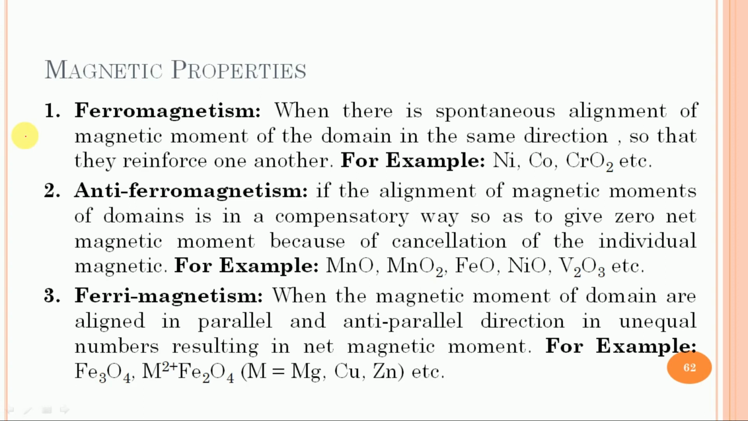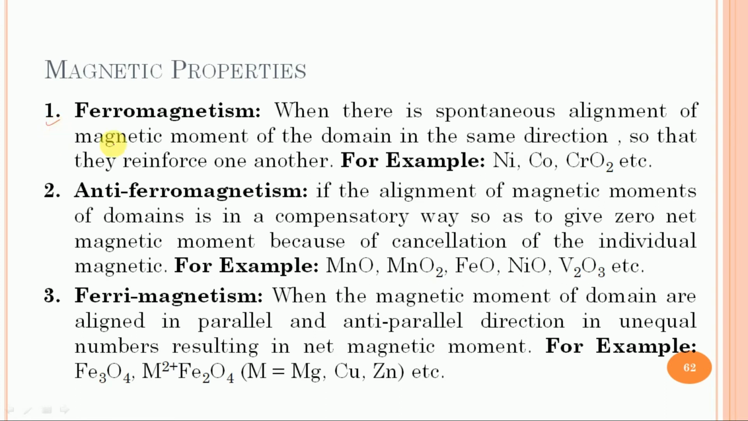In an unmagnetized piece of ferromagnetic substance, the domains are randomly oriented and their magnetic moments get cancelled. When the substance is placed in a magnetic field, all the domains get oriented in the direction of the magnetic field. Depending upon the alignment of the magnetic moments of the domains, magnetic substances are divided into 3 categories. The first one is the